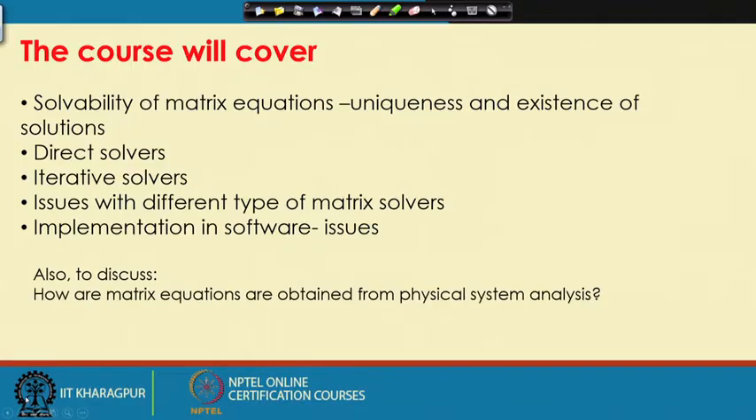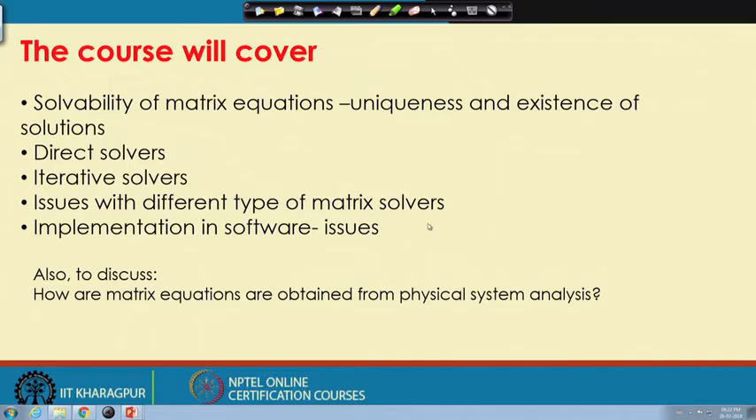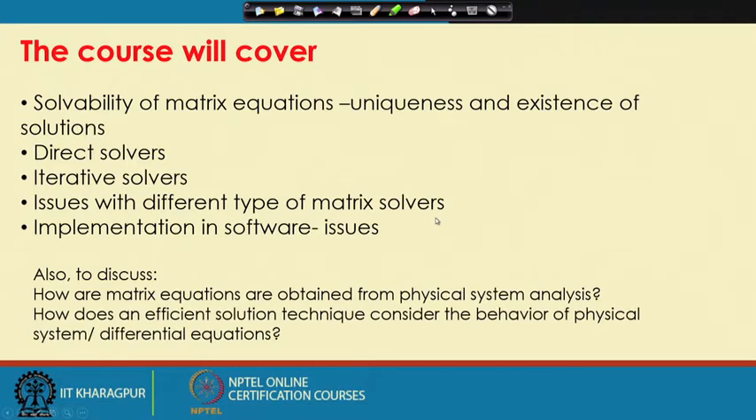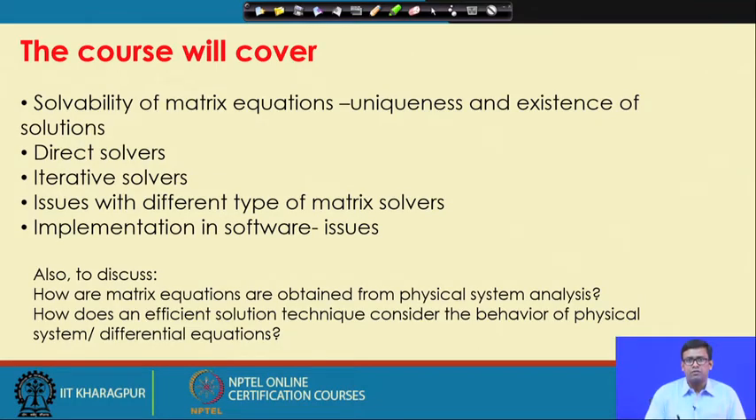Also, we will discuss how these matrix equations are obtained from different physical system analysis. And knowing that the equation you are solving is coming from analysis of a physical system, how the behavior of the physical system can be utilized while devising an efficient matrix solver, since in a number of cases these equations are coming as a